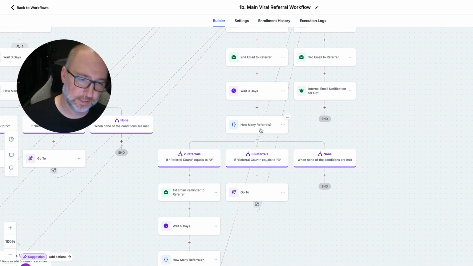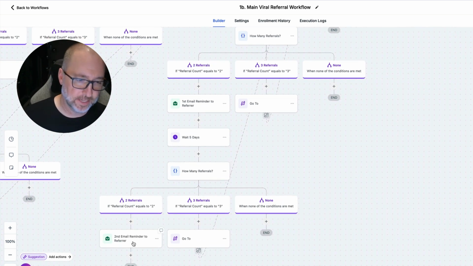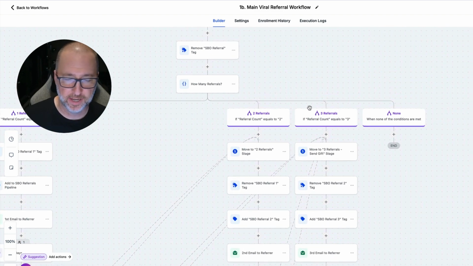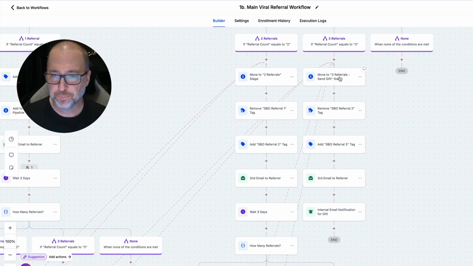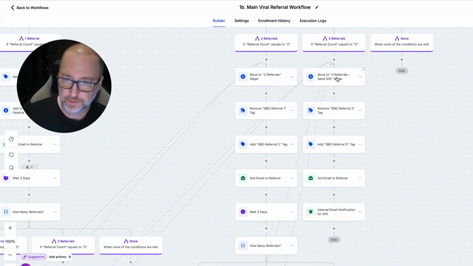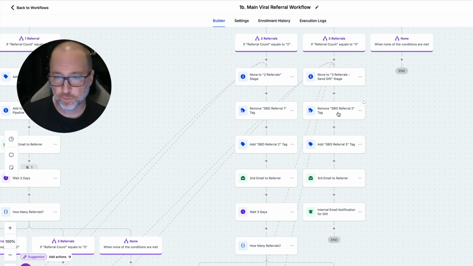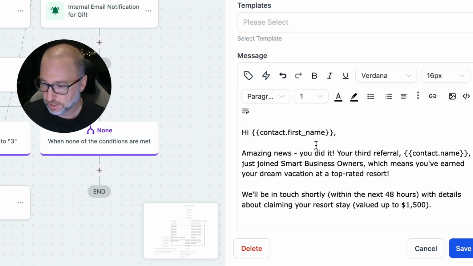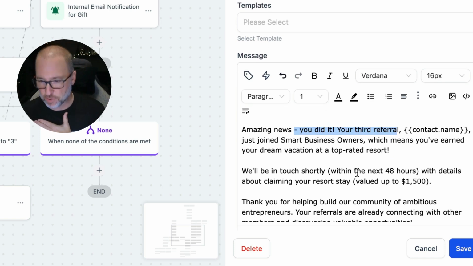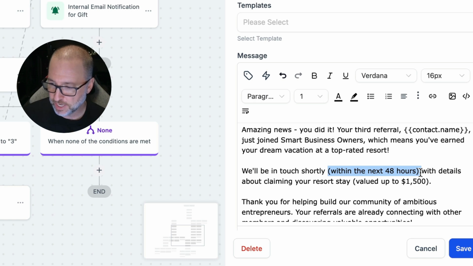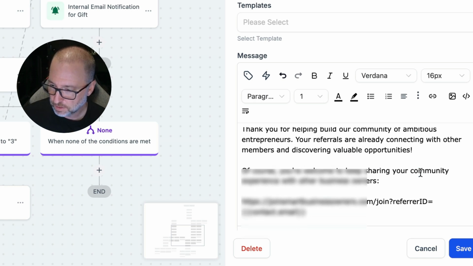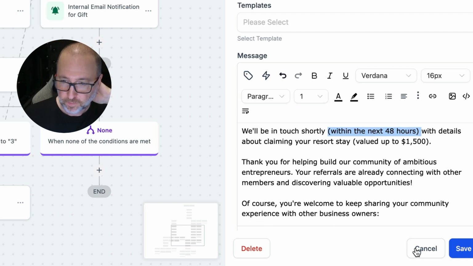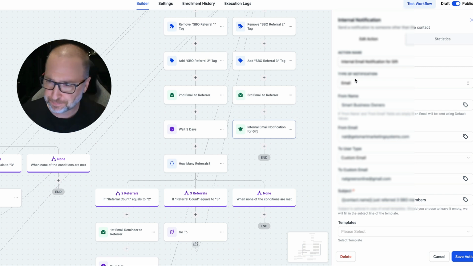And then the same thing, it waits 3 days, sends them a reminder, waits 5 days, sends them another reminder. And then, if they got 3, it just goes through the step again. So then they get 3, et cetera, moving them to the 3rd pipeline stage for the 3rd referral, removing the referral 2 tag, adding 3. And then we're basically saying, hey, congratulations, you did it. You got your 3rd referral. In this case, because I have to manually do it, I'm going to say, hey, we're going to be in touch within the next 48 hours to give you your gift. And we're saying, hey, even though you got your gift, if you want to keep referring people, then you can do so. And then I'm sending myself an internal notification